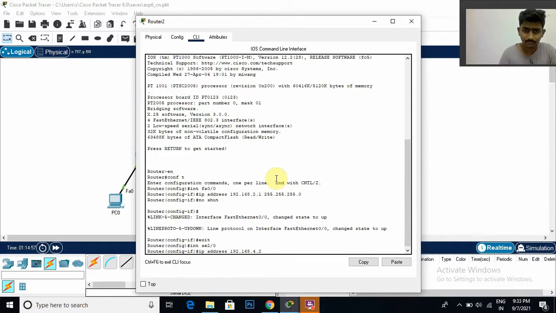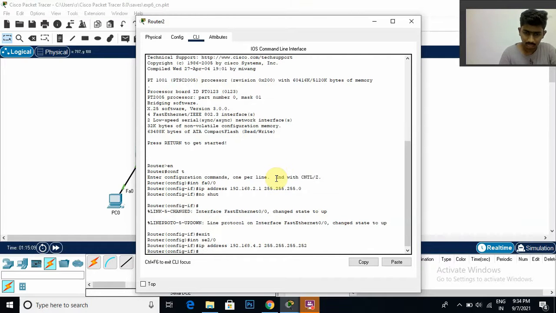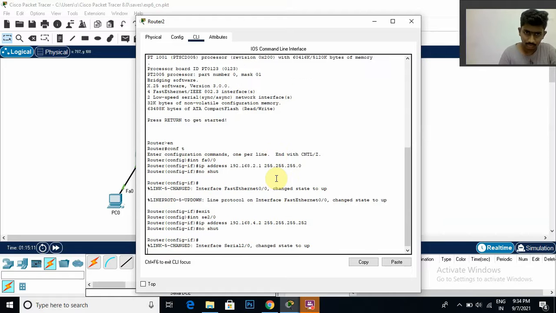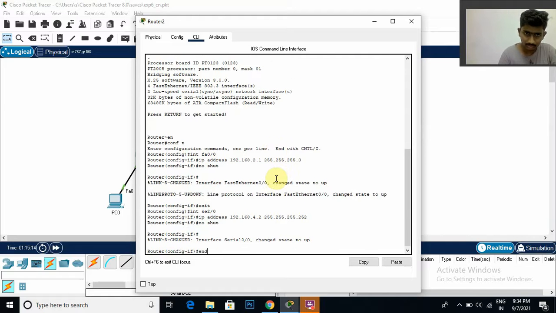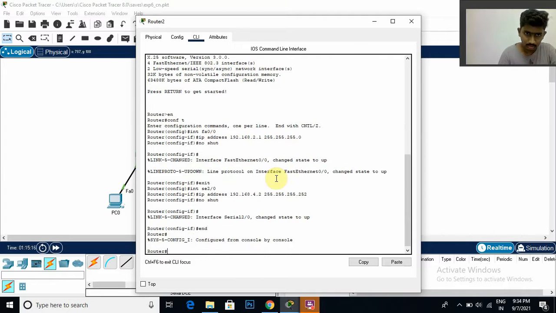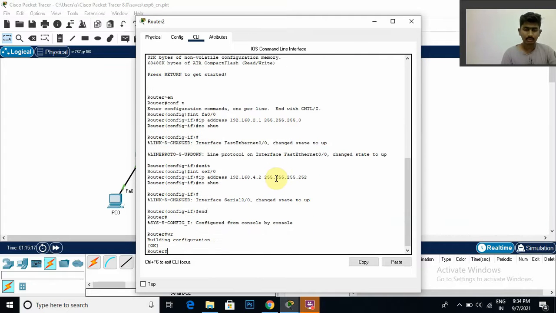Now the subnet mask will be 255.255.255.252. Then I'll say no shutdown. And now, right, I'm done